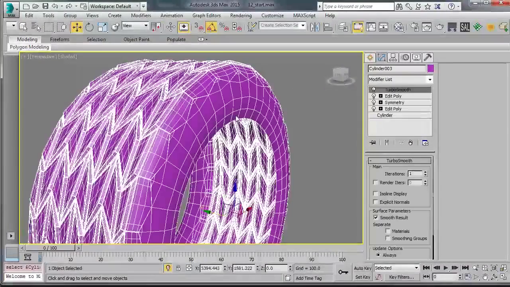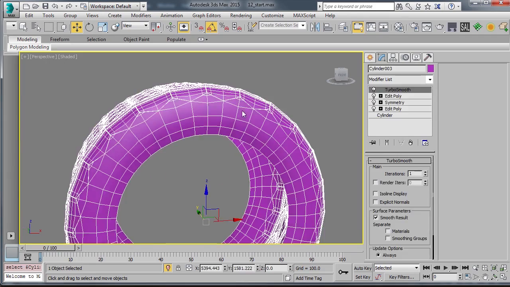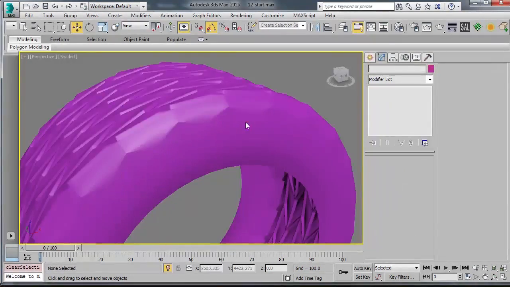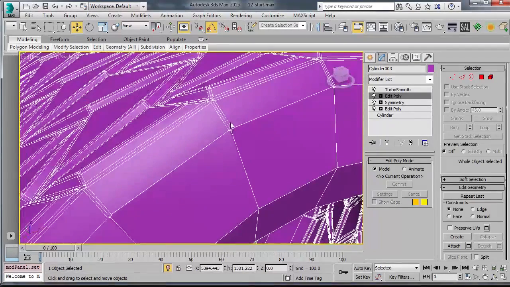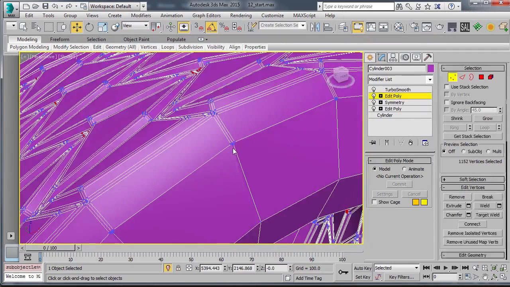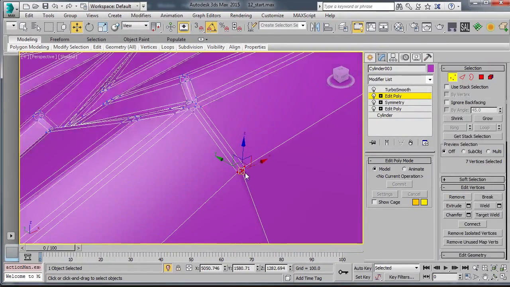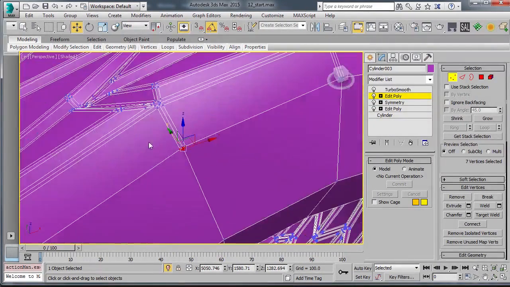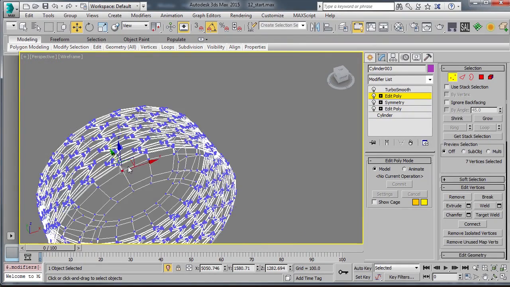And that's what you would get. Now, clearly we've got issues going on here with our chamfer. And for that, I just simply go back to my edit poly and we'd go in. And we'd only do this on one side because of course we have a symmetry line running down the center of this object here. So I'll just go in and on any one side, I'll just grab